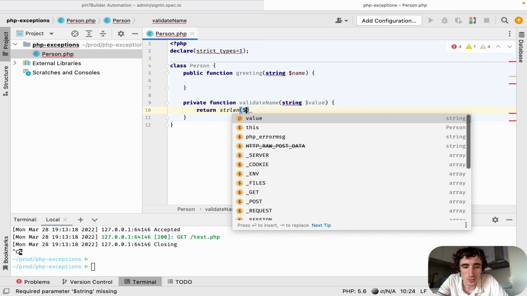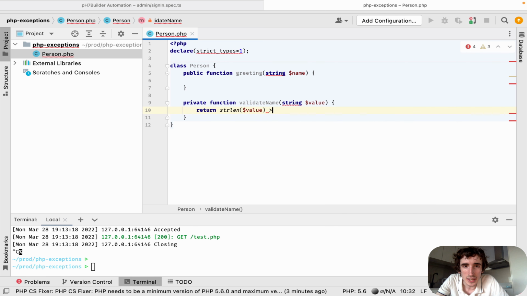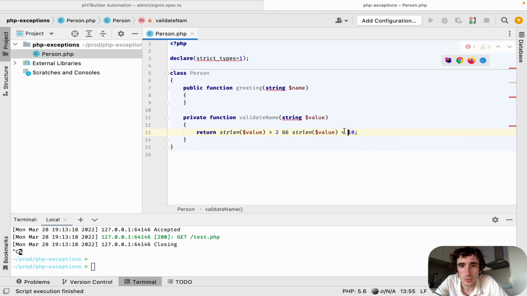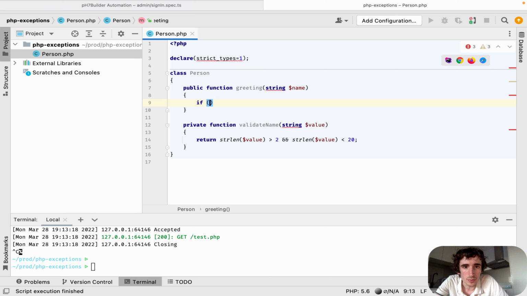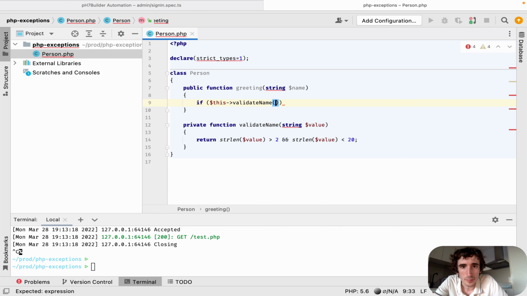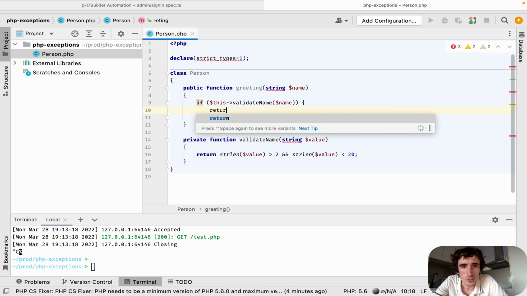And there we'll do return. We check if the length of the name is longer than 2 and less than, let's say, 20. It has to be at least 2 characters long and not more than 20. So we check the name, if this validates the name, and if this is okay, obviously we say return